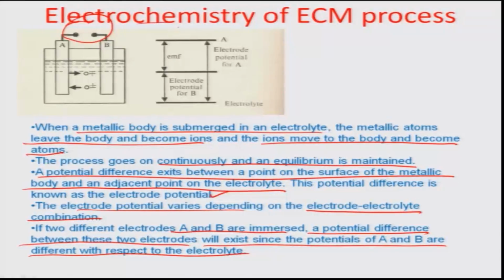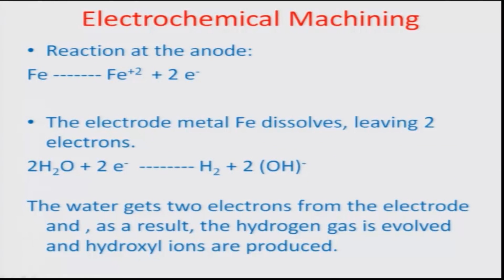So this is the general electrochemistry process, and how ECM can be obtained from it is in the following manner. Let us say the reaction at an anode is related to steel. So we have the iron to ferrous ion conversion process, meaning that whatever iron is there on the surface leaves as Fe2+ ions in the solution and leaves 2 electrons with the electrode concerned. Now if we had a brine solution, or just a normal kitchen salt water combination, the electrode metal Fe